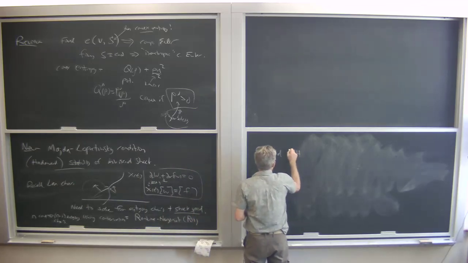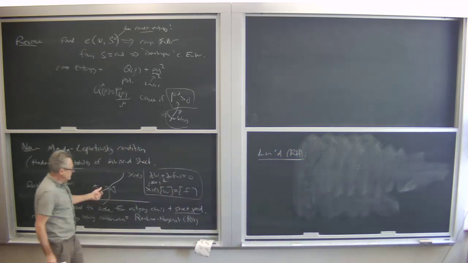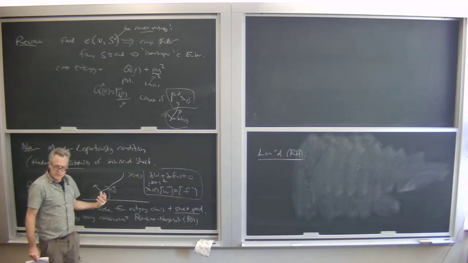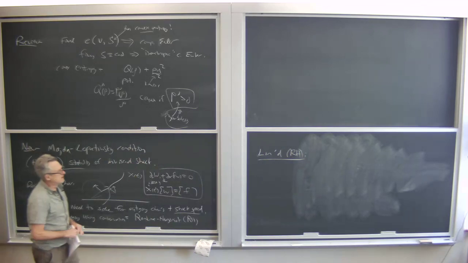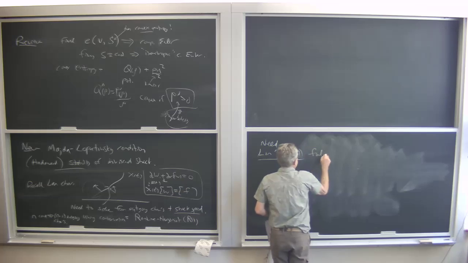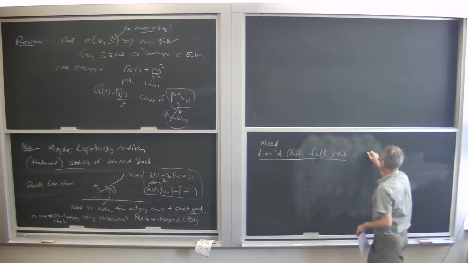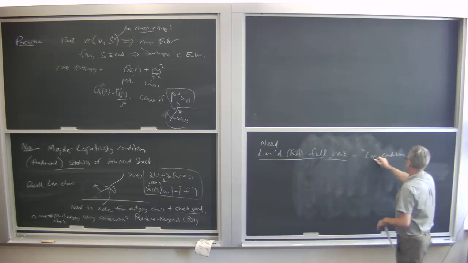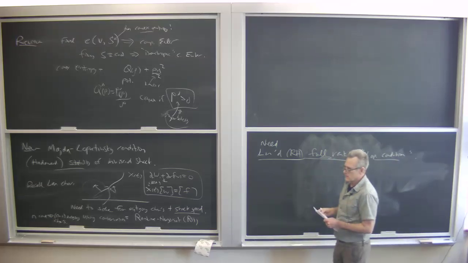So what we do is we want to linearize the Rankine-Hugoniot condition. And then we use an implicit function theorem argument to say, if this is full rank, then for a nearby nonlinear perturbation, we can solve. So we need this to be full rank. And this is the Lopatinsky condition, which arises in many different settings, not only here.